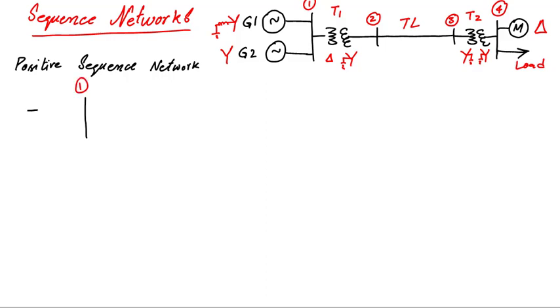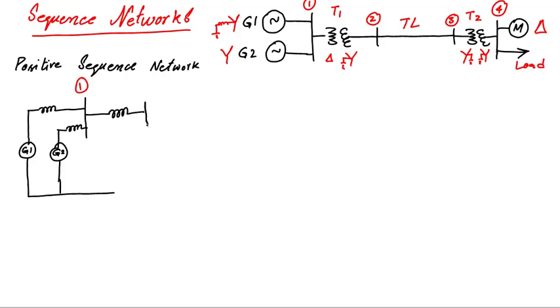So at bus number 1, generator 1 impedance is in series with the generator source, that is G1, and generator 2 impedance is in series with the generator 2 induced EMF, and these two are connected with the reference. Then we have a transformer. If we assume that the transformer impedance and all these impedances are given in per unit, the transformer will be represented with a simple reactance. Then we have bus number 2 and the transmission line model. If we ignore the resistance, this is the transmission line reactance. This is bus number 2 and bus number 3. Now here we have transformer T2, and finally bus number 4.